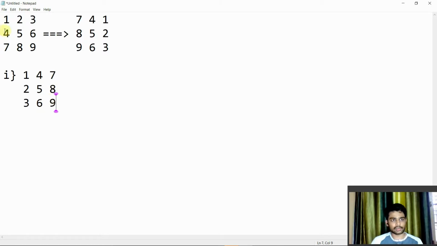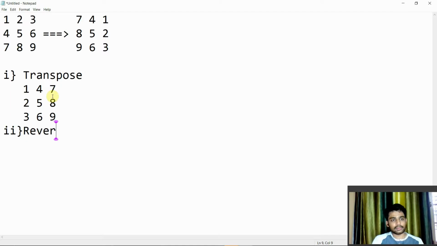This will be the transpose. If you transpose this matrix, the output will look like this. Still we didn't get the final answer, so we need to proceed to the second step. The first step is transpose, the next step is reverse.